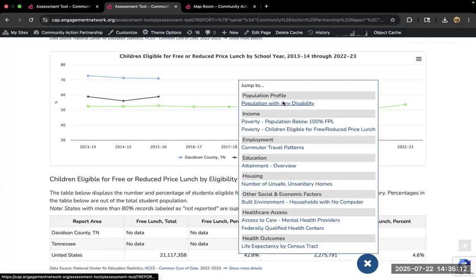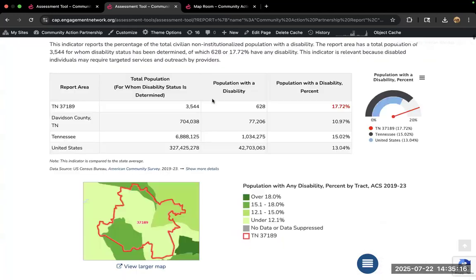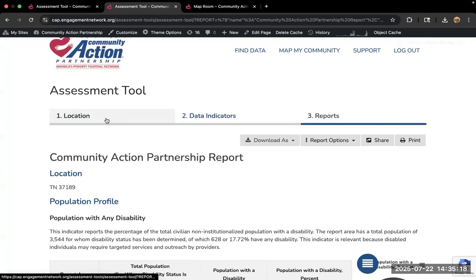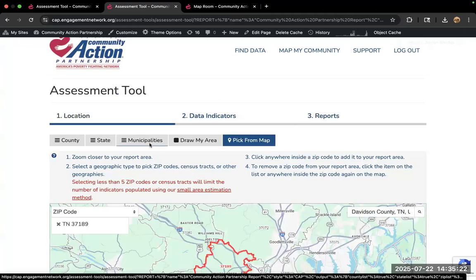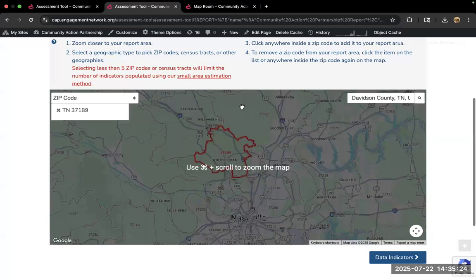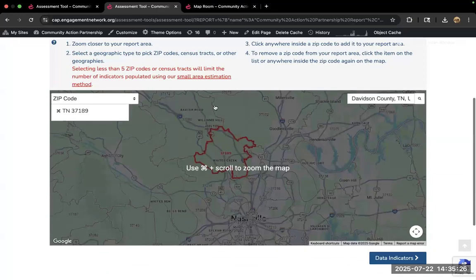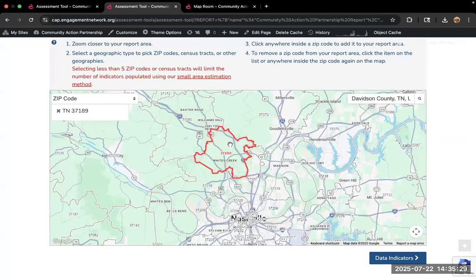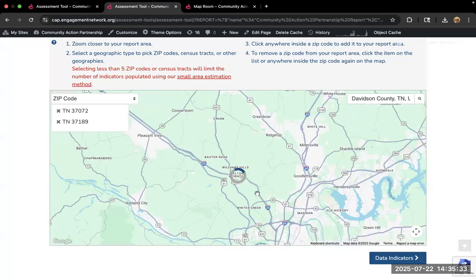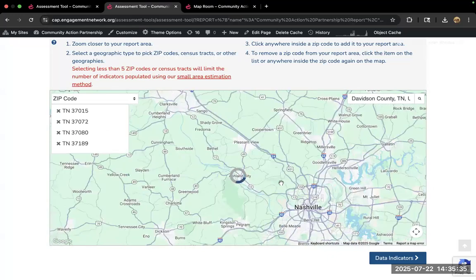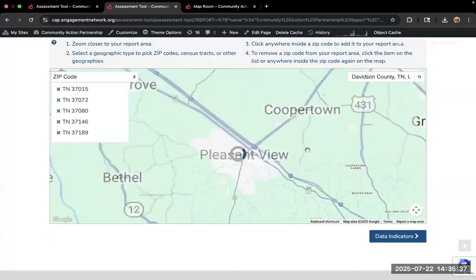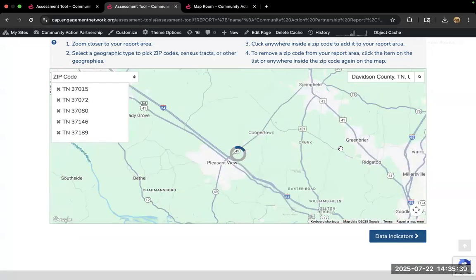That is awesome. Okay, I'm going to pop us back up to the top. I wanted to show us one thing with our zip level reports, and then we're going to do one more location picker. For these zip codes, we are able to look at data for one zip code when we select the one. But let's say I wanted a large group of zip codes. So we'll go ahead and do 5 or 6 here.